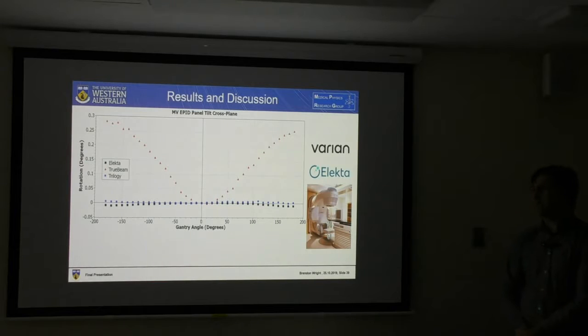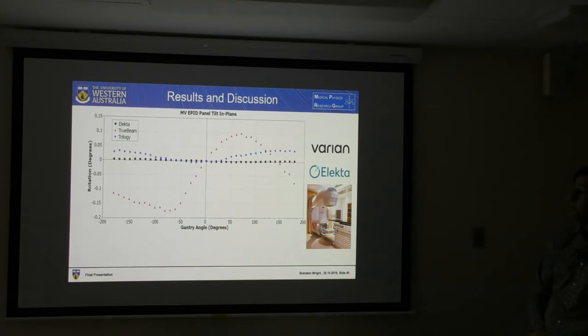A potential explanation for this was the additional weight that was added onto the panel itself to aid in portal dosimetry calculations. This is the same for the tilt in the in-plane direction, in which again the TrueBeam was the worst, however in this case the Elekta was the best performing. But once again this amount of tilt was fairly insignificant,